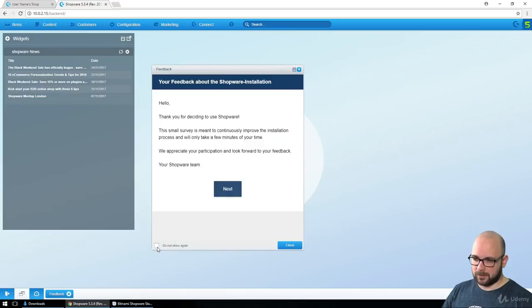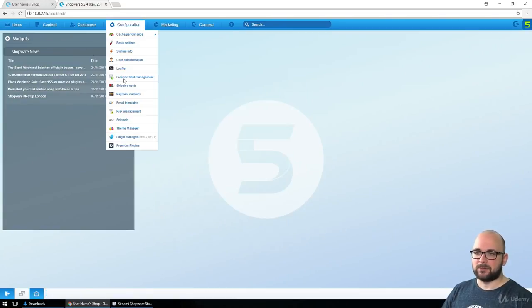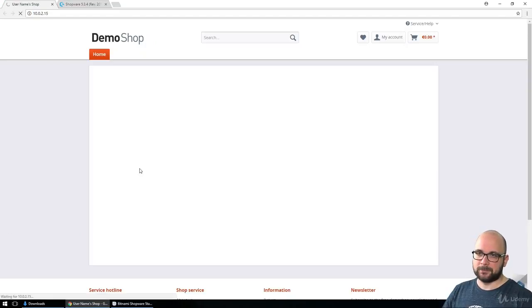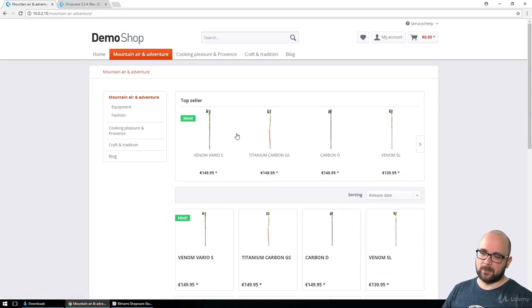Something I don't want to have in my test installation. So let's reload the shop front end. And as you can see, now we have a little bit of demo data here and we are ready basically to create our template. As I said at the beginning, this is the easiest way to have a local installation of Shopware